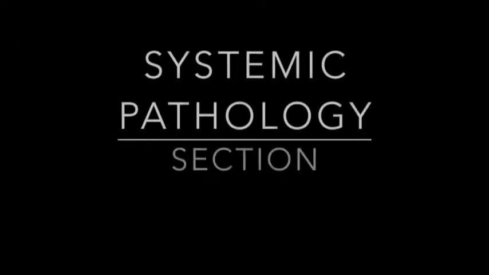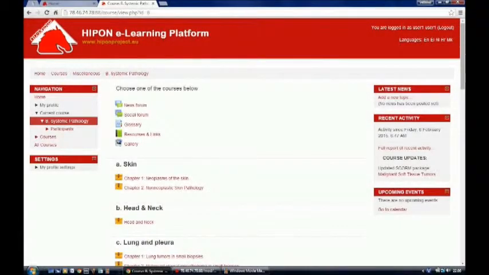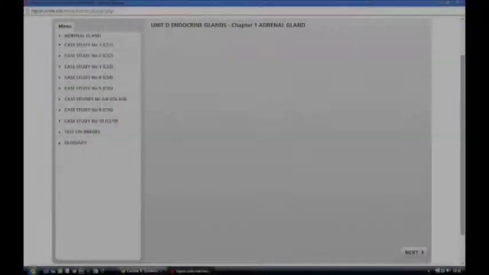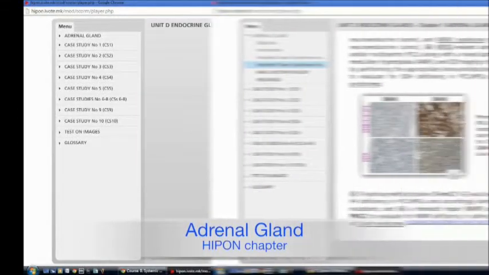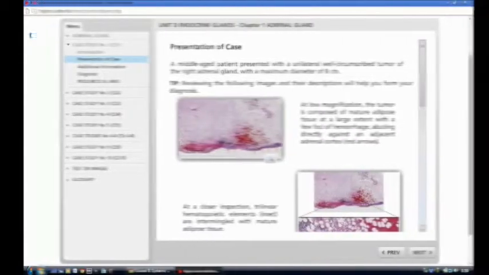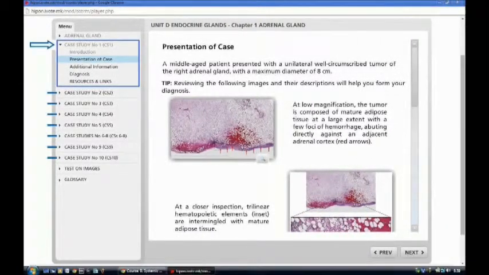The systemic pathology section consists in several units and chapters, every one of which deals with a different organ system of the human body. Every chapter responds to HIPON goals earlier identified, providing an initial overview, several case studies, and